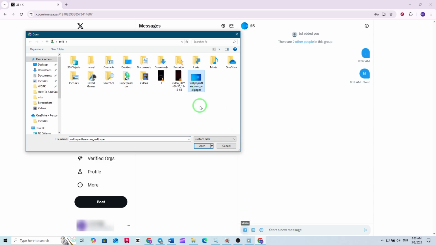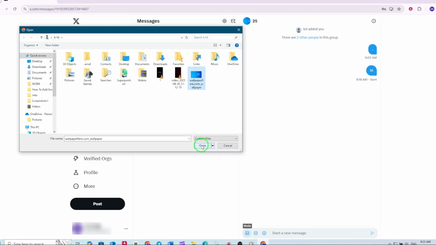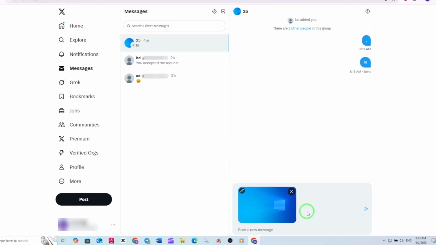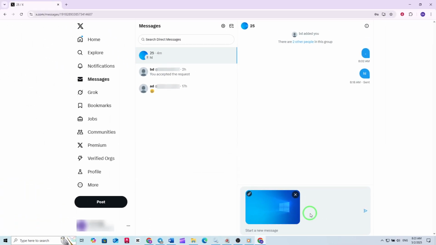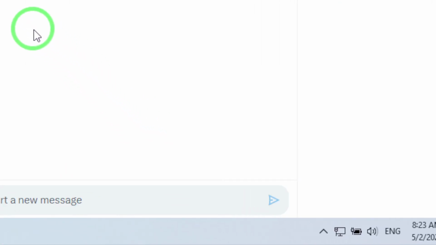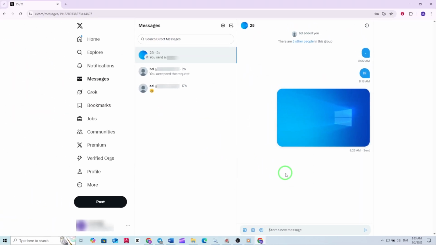Find the photo you want to share, select it, and then click Open. You'll see a preview of your chosen photo appear in the chat. If everything looks good, just hit the Send button. In a moment, your photo will be delivered to everyone in the group, ready for them to view and react to. That's all it takes, just a few quick steps, and you can share memories, important images, or anything else